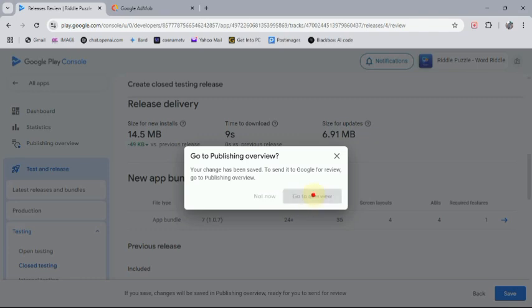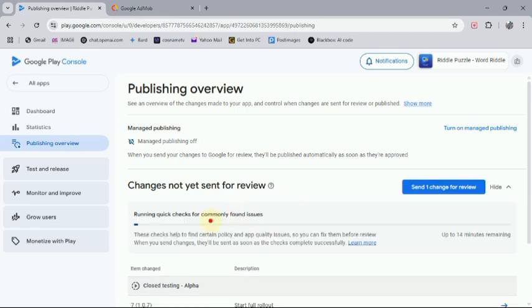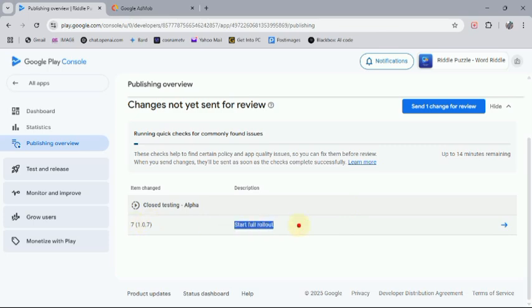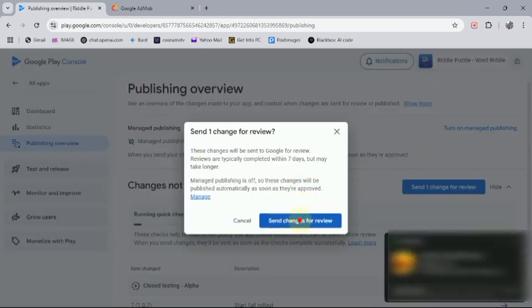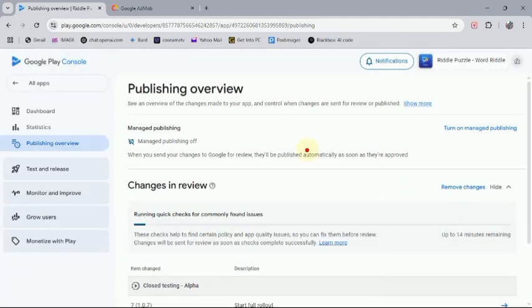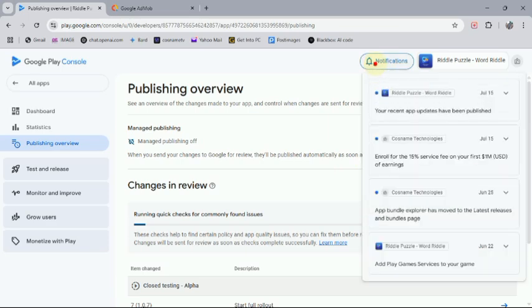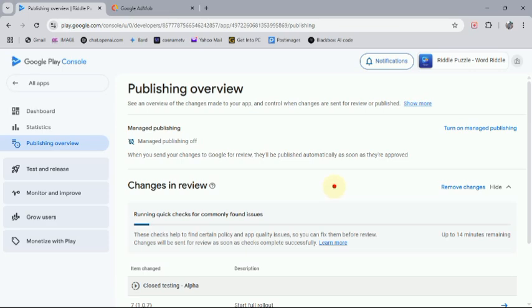Go to overview, like clicking on there, and it will again scan your app here, and you can see that our changes are full rollout. I'll just send all the changes for review, and it will be processed like that, and it will appear on your notifications like that when the changes have been updated on Play Store. So just wait for it to finish,